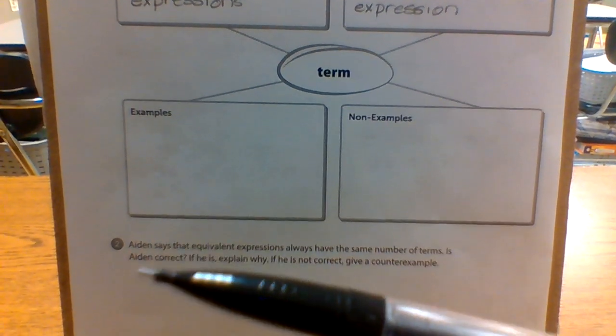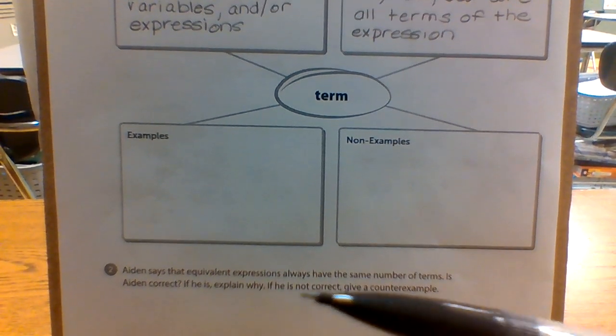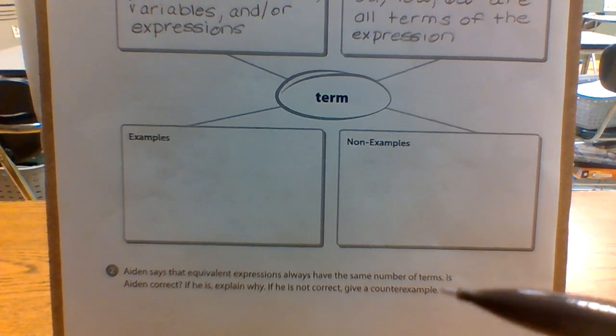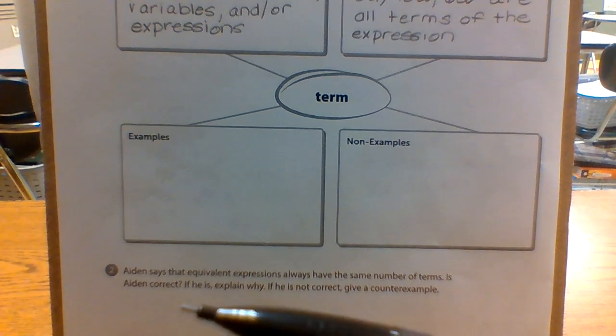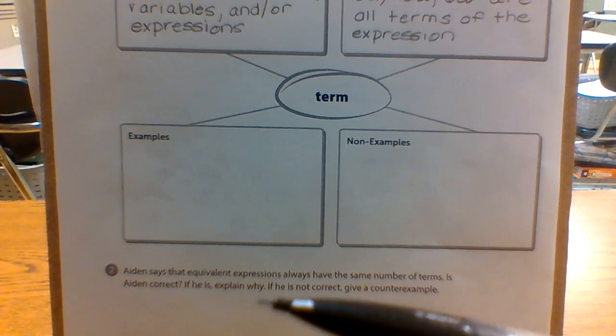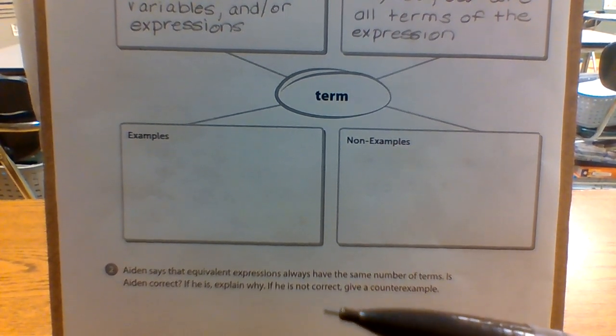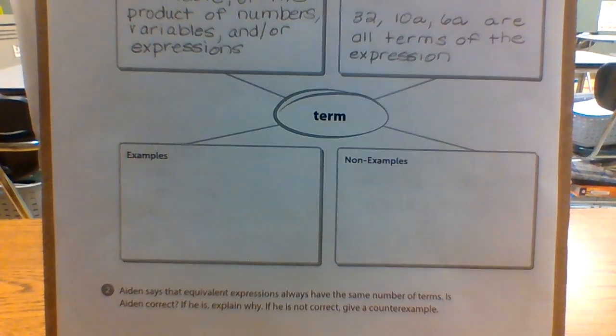And then on number 2, it says, Aiden says that equivalent expressions always have the same number of terms. Is Aiden correct? If he is, explain why. If he is not correct, give a counterexample. So give us an example of,